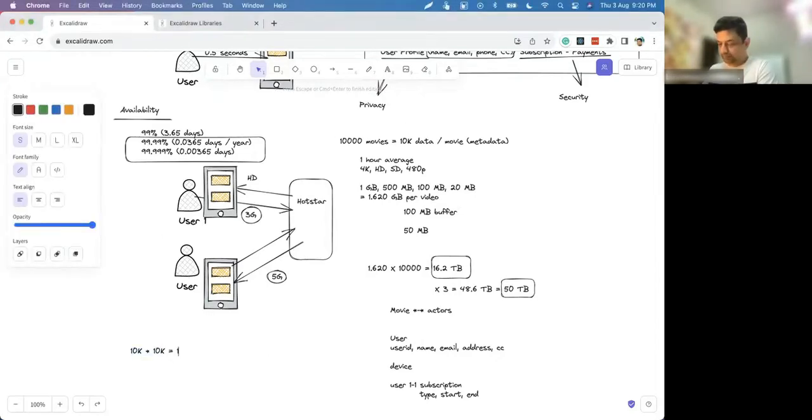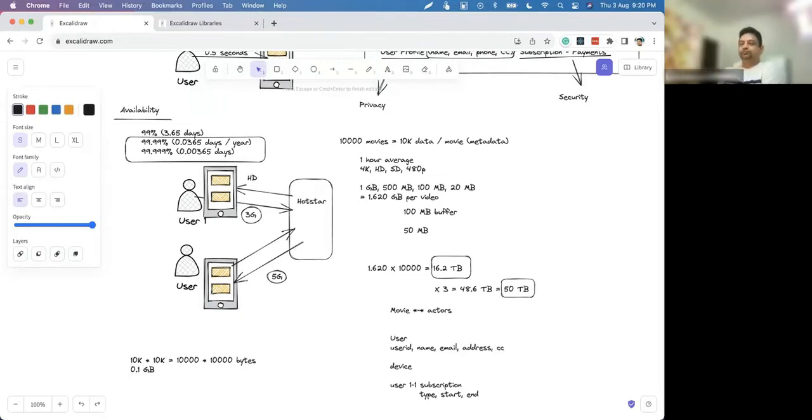It is in bytes, right? So count the zeros. This is KB. This is MB. This is GB. So you need 0.1 GB of data.